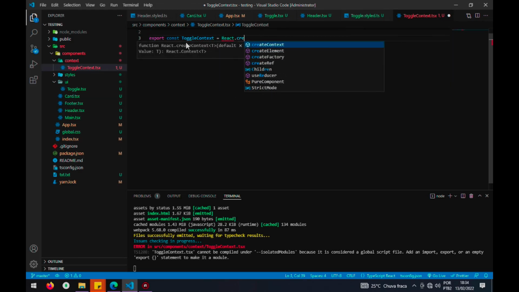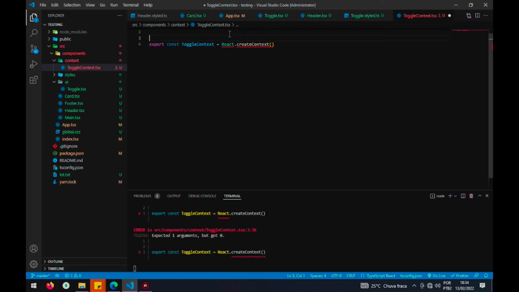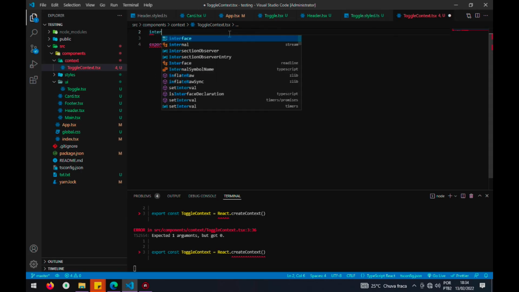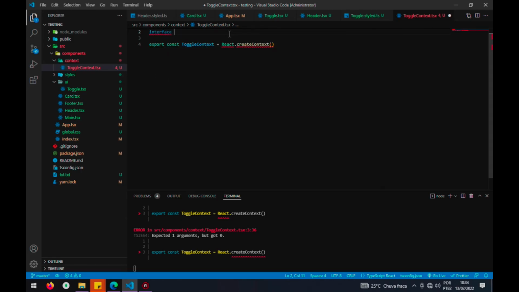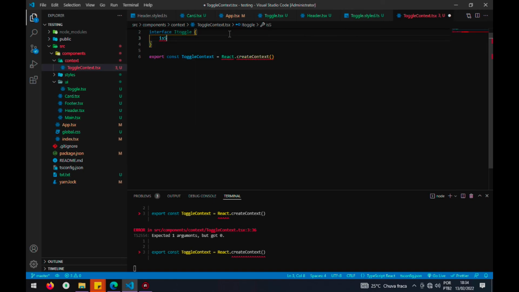So, all right, let's export a constant called ToggleContext, React.createContext. Let's create our context, and since we are using TypeScript, we can use an interface. Let's do that. Interface, and we basically want the value and the function to change the value. So whenever we click that button, we want to change the value to false or true. So let's call it toggle and isActive value,